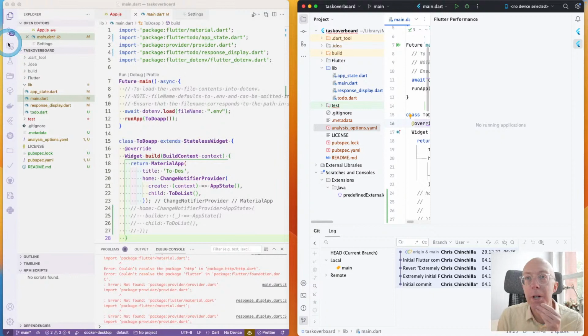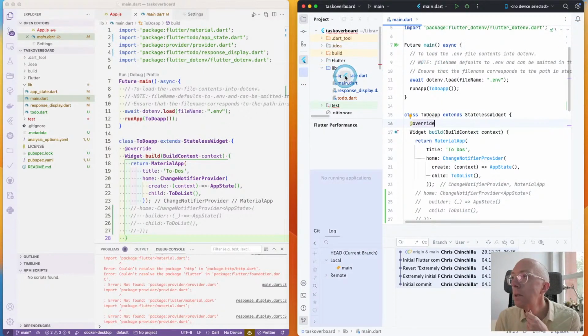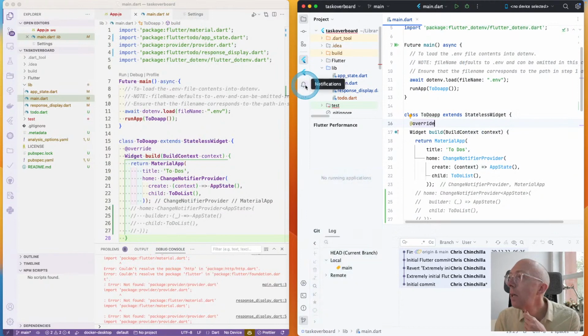VS Code will just put everything here. I feel like there is a way to also say have something here as well, but IntelliJ puts them here and here, and I'm not completely sure why. And maybe we can move them, so that's encouraging at least. So we could make this even tidier. Yeah, and just put everything on the left, so that's okay.